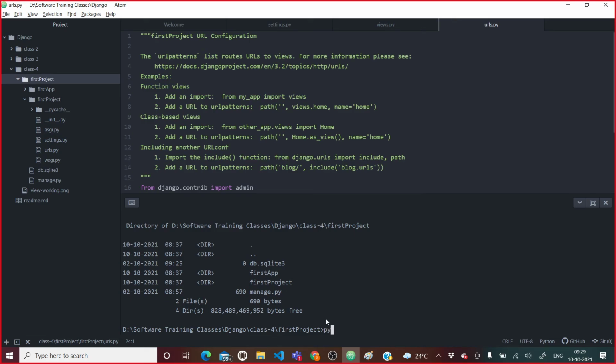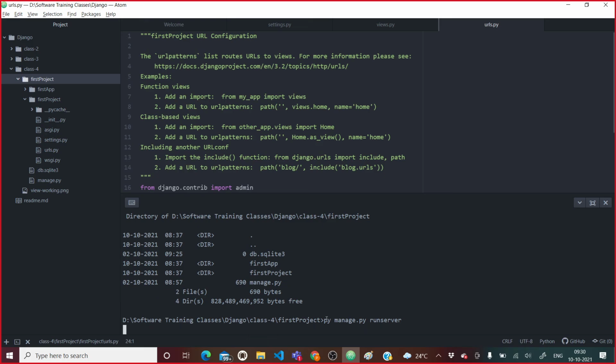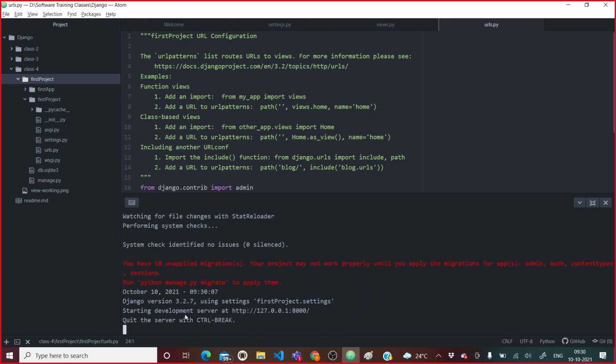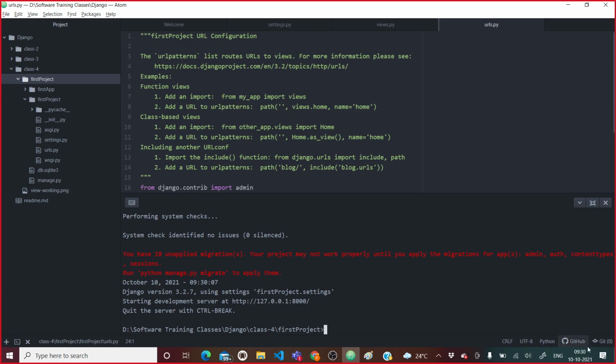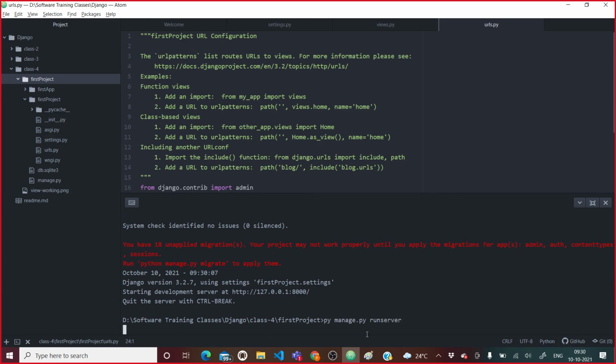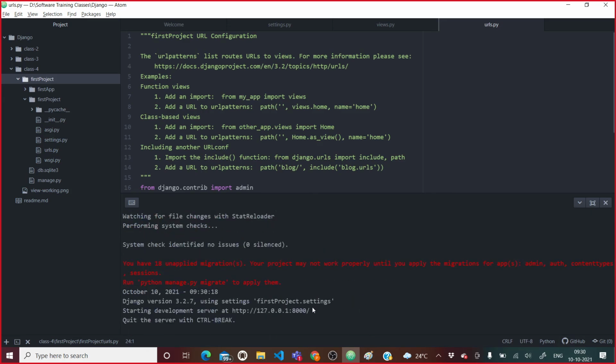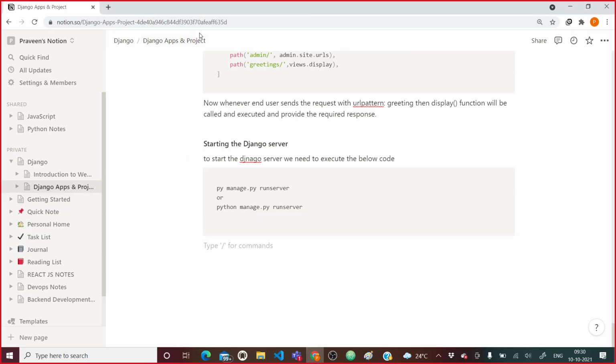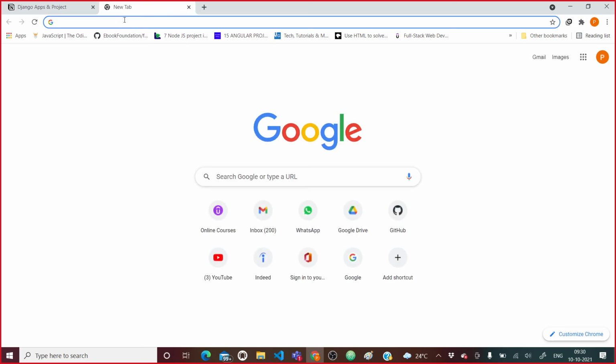So how to run the server? I will execute py manage.py runserver, hit enter. By default it will run our project or application on this particular IP and port 8000. You have already seen this in the previous class.